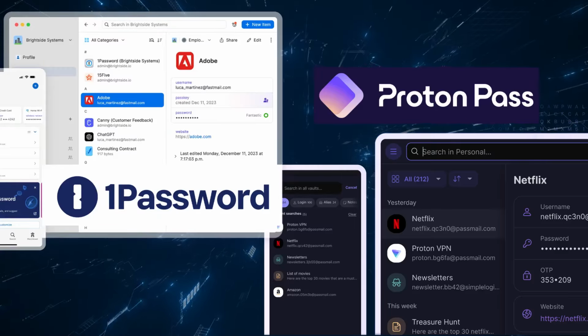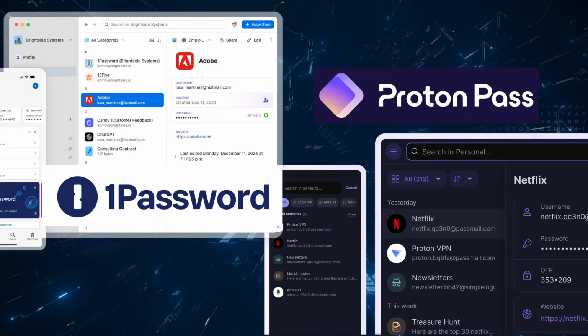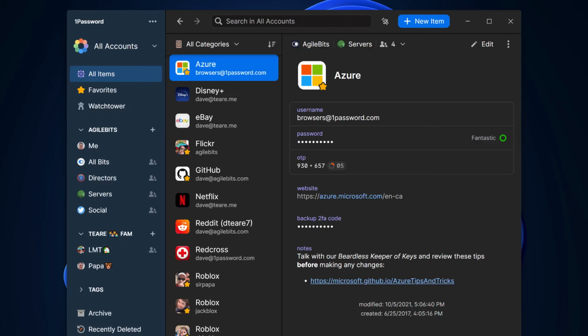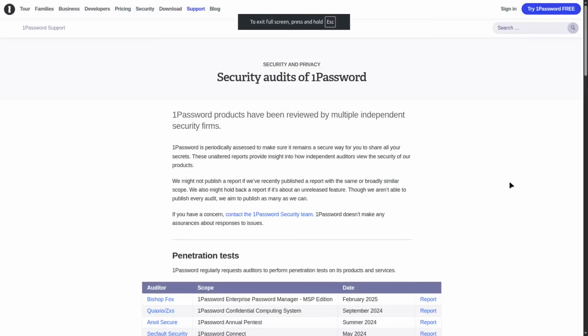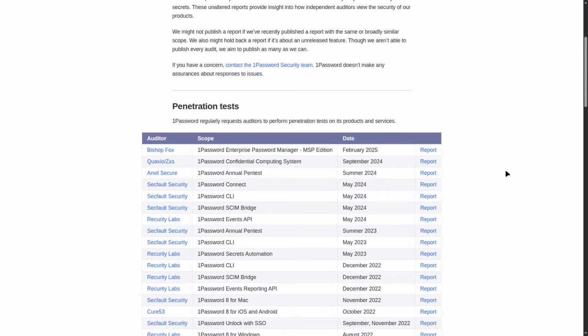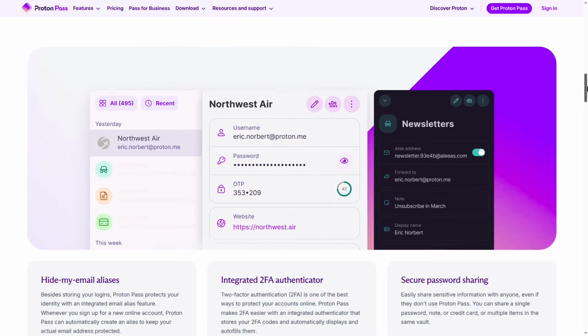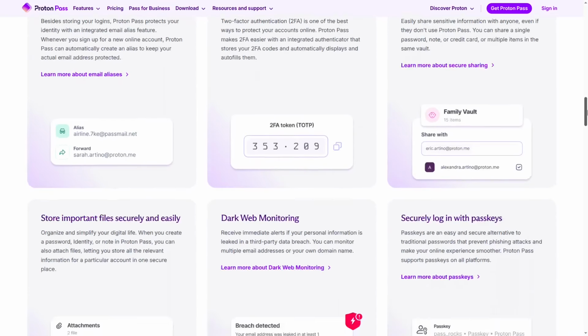For cloud-based password managers, there are some notable projects that offer nice UX and provide a good level of security. 1Password is probably the most popular. It has a lot of features and a solid track record, a lot of all-green security audits and no known security incidents. The same goes for Proton Pass, which emerged recently but has grown into what's considered a viable competitor